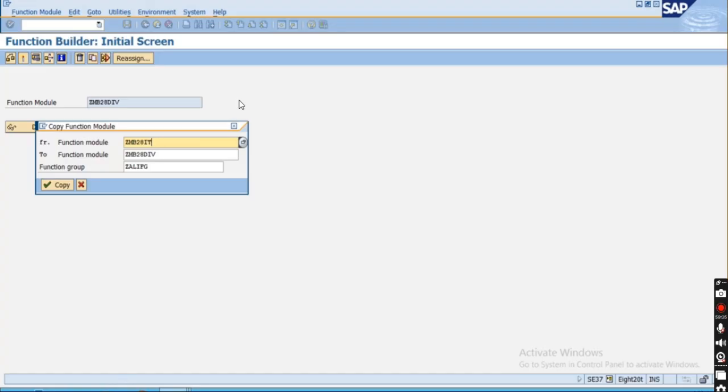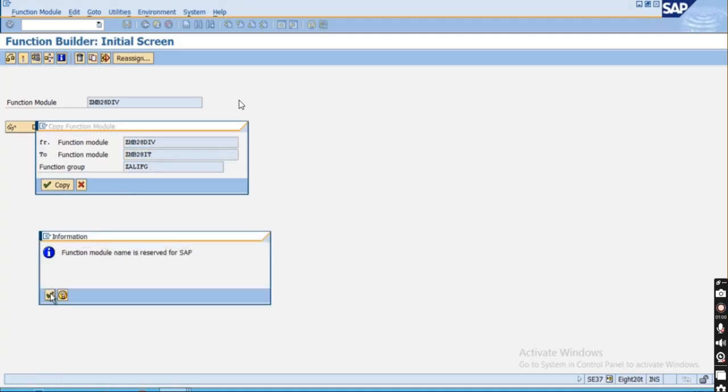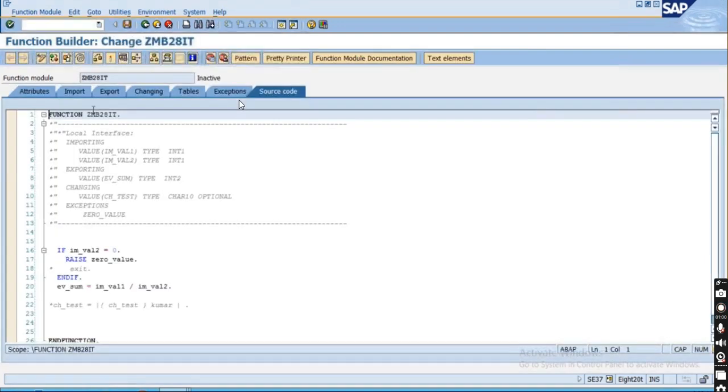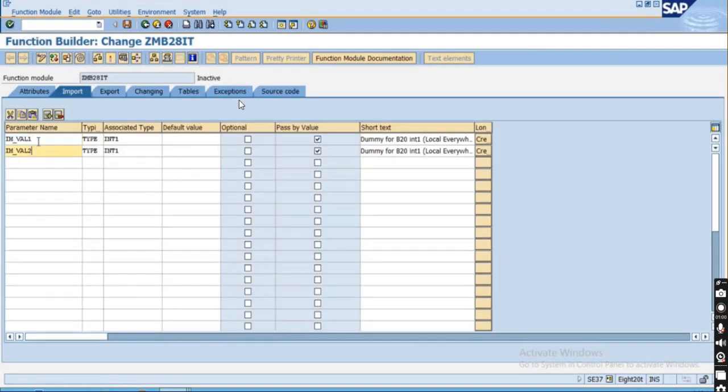So I will just write IT, meaning internal table. Okay, so the function module name is this one. Sorry, it will be div actually. Cancel this one, copy this, and I will give IT over here. Click on this copy button, click on this OK, go into change mode,